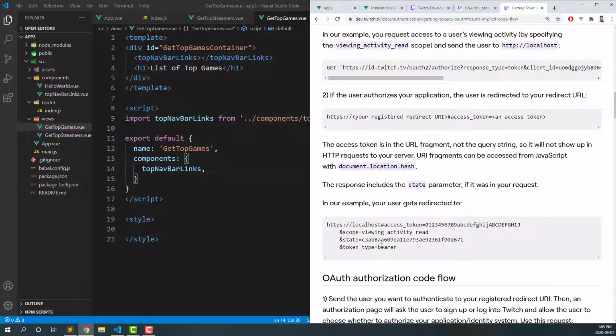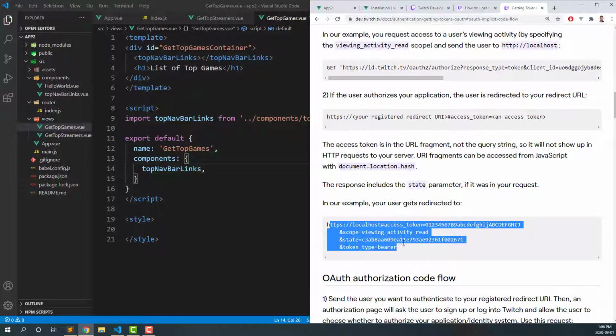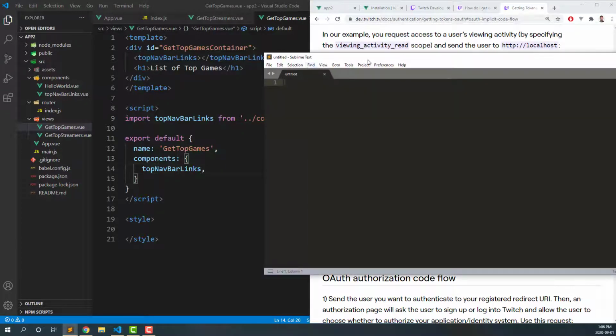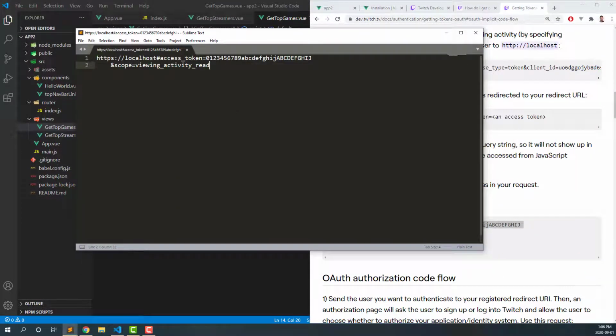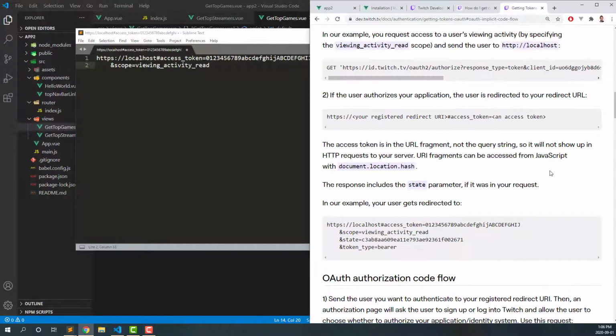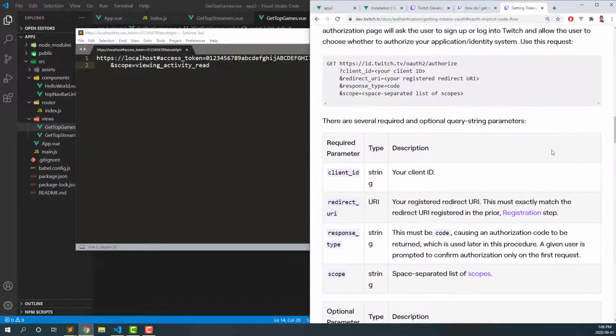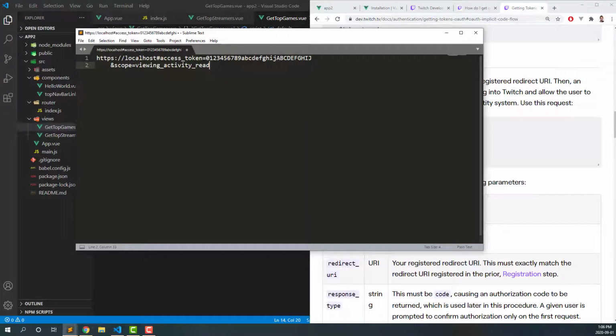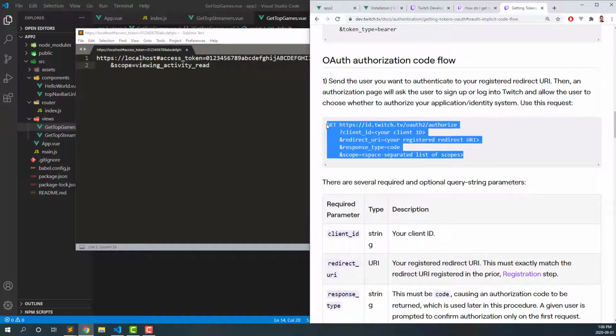Okay, this is the example here, and we only need this part. I'm just gonna copy and paste that here. So we have to go to, copy and paste that here, and we're gonna go to this website actually. Copy and paste this,